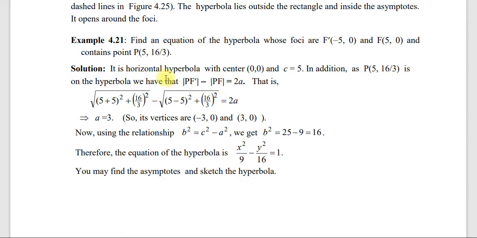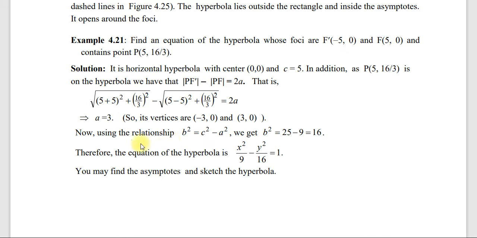ዲስታንሱን እንፈልጋለን ይሄን ማለት ነው ባጭሩ ይችን ማግኒቲዩዷን እንፈልጋለን ይችንና ይችን። አሁን ኤፍ ተሰጥቶናል፣ ኤፍ ፕራይም ተሰጥቶናል፣ ፒን እናውቃለን። ስለዚህ ይችን መስራት ነው። ማግኒቲዩድ ኦፍ ፒ ኤፍ ፕራይም ማለት አንድ ራዲካል 5 ማይነስ ኦፍ ማይነስ 5 ዞል ስኩዌር ፕላስ 16/3 ዞል ስኩዌር ማይነስ ይች ማይነስ ማለት ነው። አሁን ዘ ማግኒቲዩድ ኦፍ ፒ ኤፍ እንፈልጋለን። ዛት ኢዝ 5 ማይነስ 5 ዞል ስኩዌር ፕላስ 16 over 3 the whole square which is equal to twice of a. አሁን እዚህ ላይ ማን ነው ኮንስታንት ያለን ቫሪያብል ያለን a ብቻ ነው ስለዚህ a ማግኘት እንችላለን a 3 መጣልን ማለት ነው። ስለዚህ ቨርቴክሱ ምን ይሆናል ቨርቴክስ ማለት ፕላስ ኦር ማይነስ a, 0 ማለት ነው ስለዚህ -3, 0 and 3, 0 ይሆናል ማለት ነው።